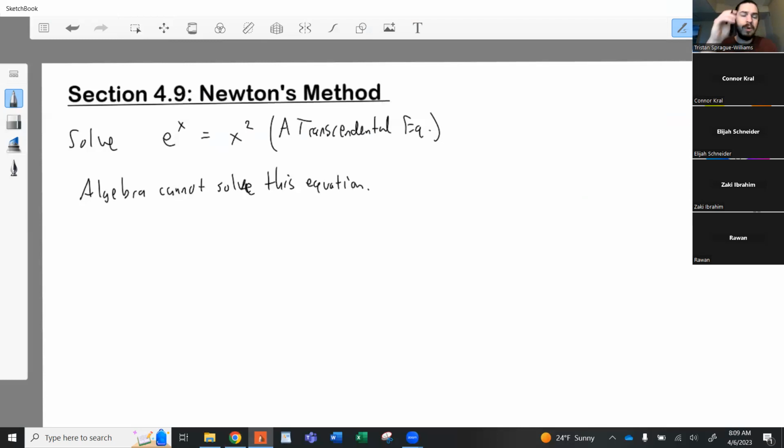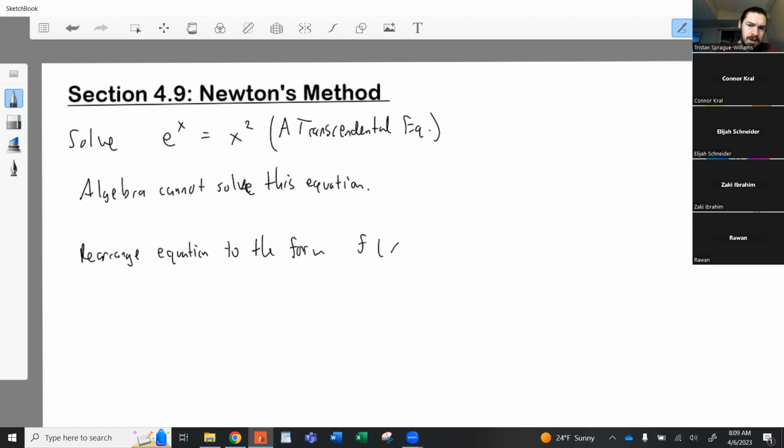So, there's lots of different numerical methods. Newton's method is just one of them, but it's one of the simplest, and it's easy to learn. It's easy to grasp based on just what you guys have learned. Okay. So here's the first step. The first step in Newton's method is to rearrange the equation. Rearrange the equation to the form